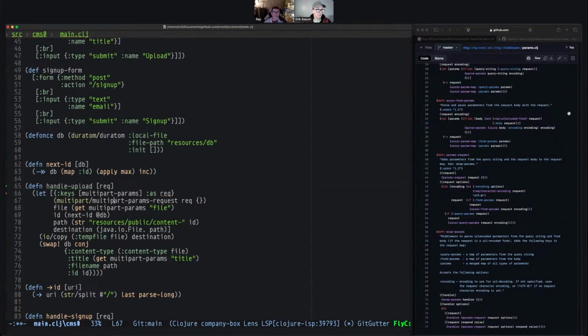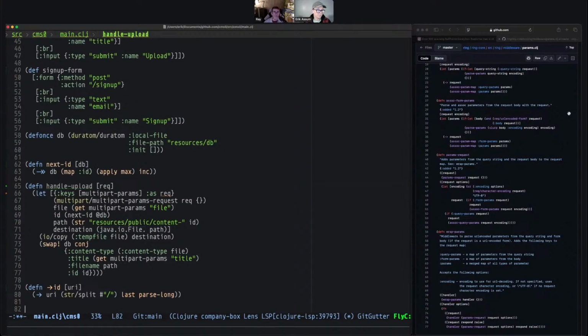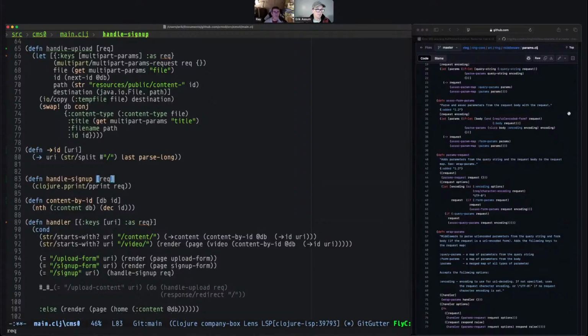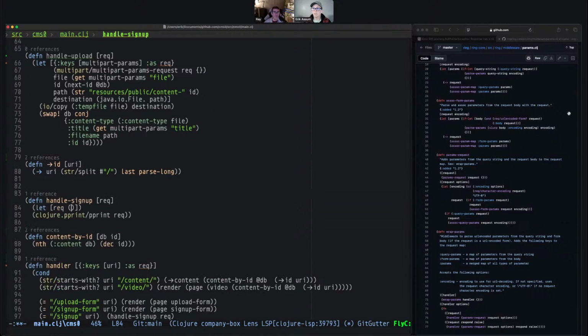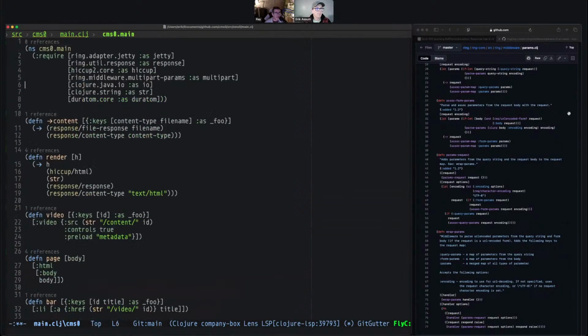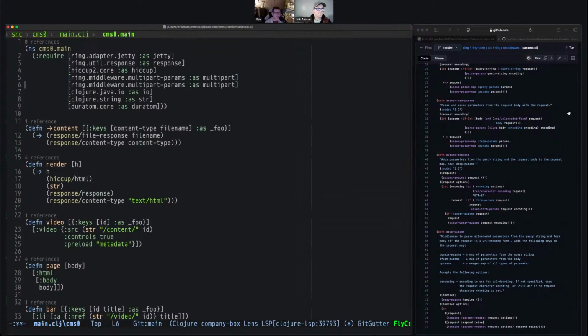Where were we? Handle sign up. Yes. So we want params, and you said source form params of req. And what is the encoding by default? Let's go find that in a second. I'm guessing it's UTF-8, but